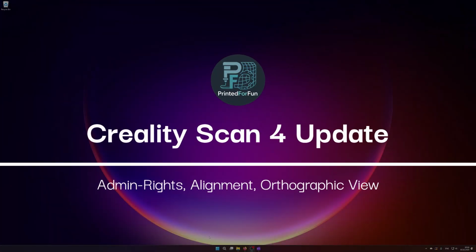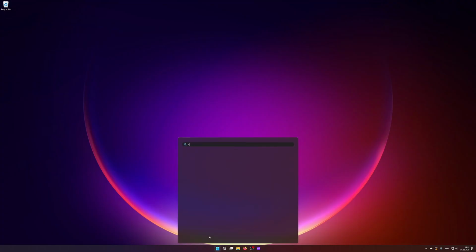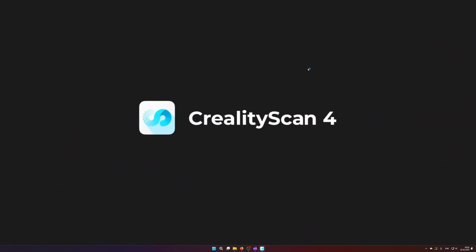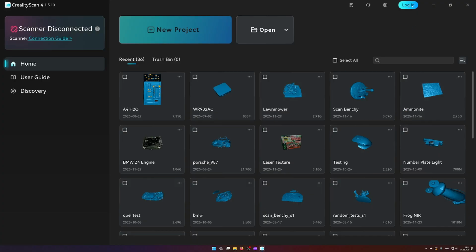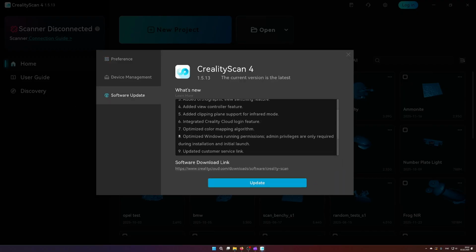Another thing I just noticed, it looks like Creality Scan 4 doesn't require administrative privileges anymore. So if we start it now, there is no admin prompt. Even the release notes, if we look at them, there is the point 8, optimized Windows running permissions. Admin privileges are only required during installation and initial launch. Even for the initial launch, after installing it, I wasn't prompted for them. So who knows? But this might be very, very interesting for you guys at companies with strict IT